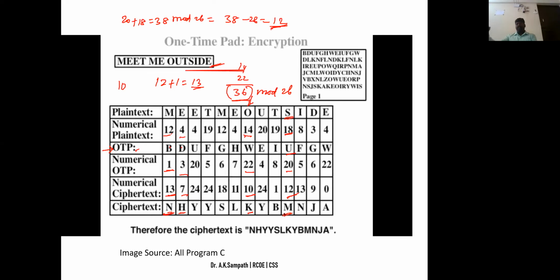By the way, we'll apply all these techniques. We add the values of plain text as well as the key value, and then we do the modulus if the resultant value exceeds 26, and then we do the mapping. How will you do the decryption for this? Anyone can explain. You can unmute and tell me the answers. You will get the key and you will get the ciphertext. How will you do the decryption?